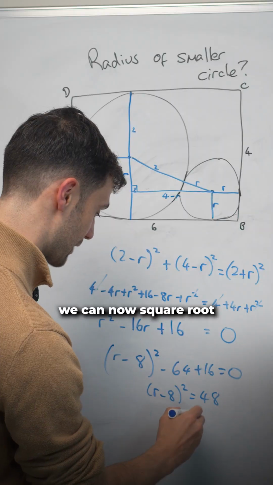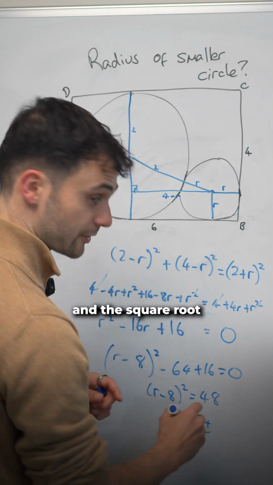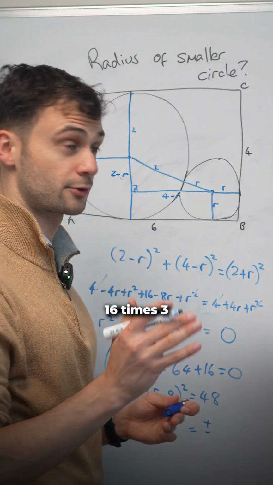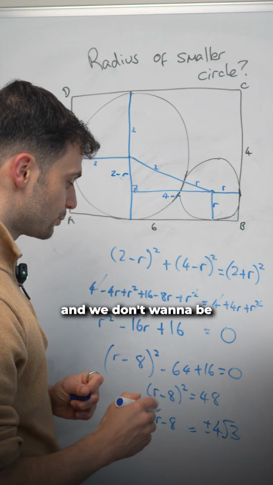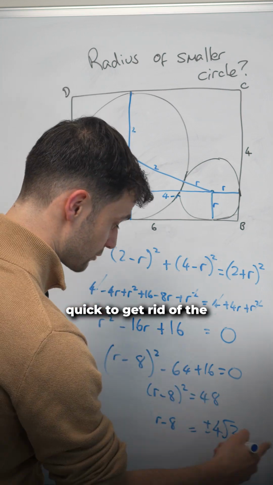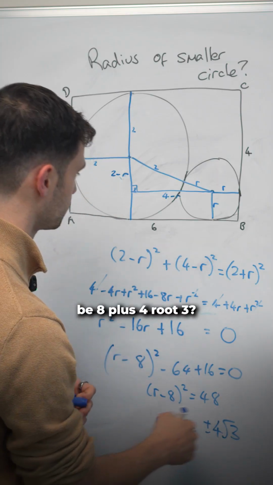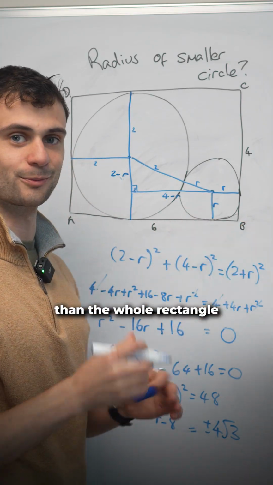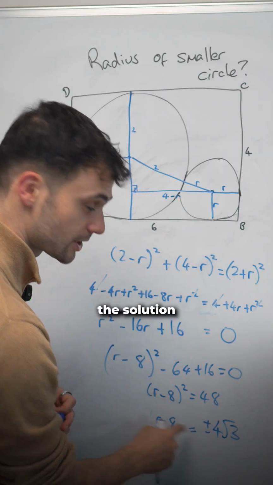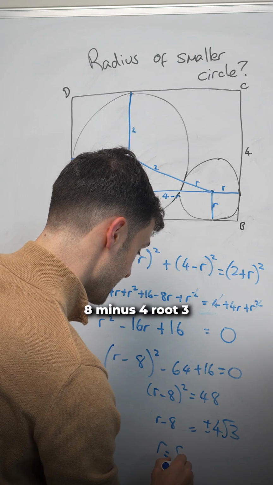We can now square root both sides. So we've got plus or minus, and the square root of 48, 16 times 3, will be 4 root 3, is r minus 8. And we don't want to be quick to get rid of the negative solution, because could the radius be 8 plus 4 root 3? That would make the radius of the small circle larger than the whole rectangle. Wouldn't make sense. So actually, the solution that we're looking for here is r, the radius, is equal to 8